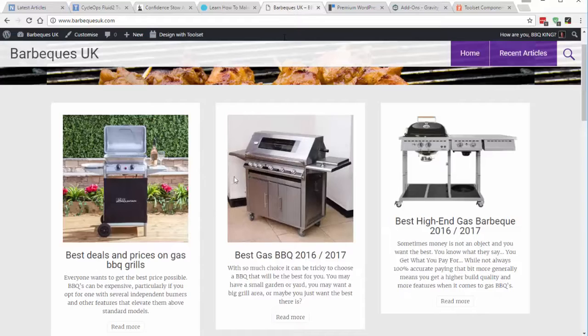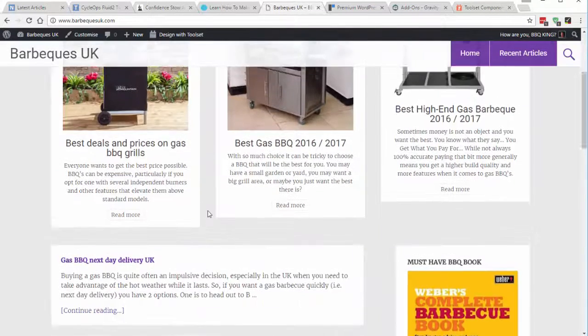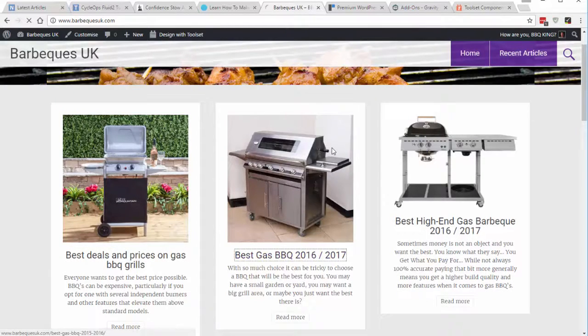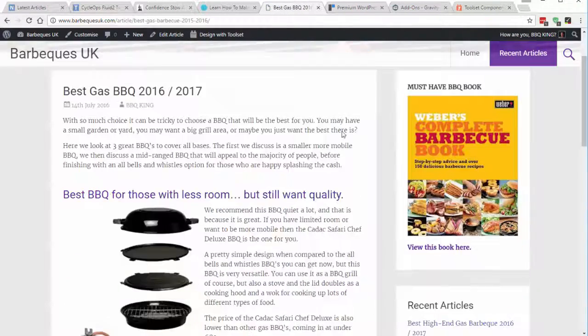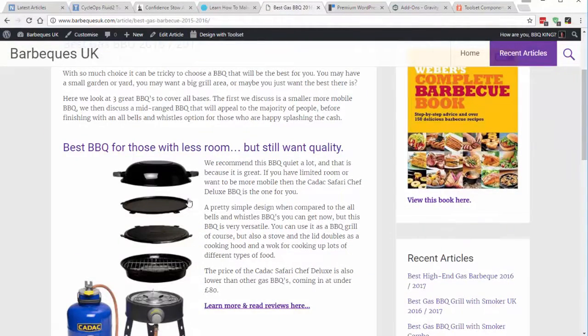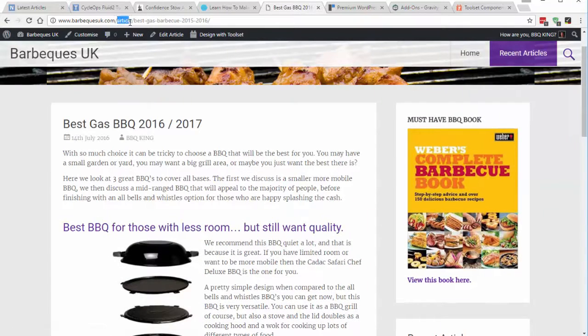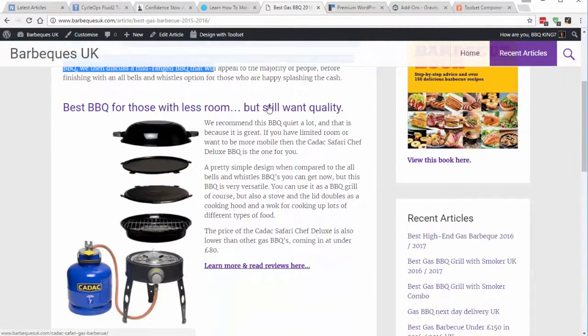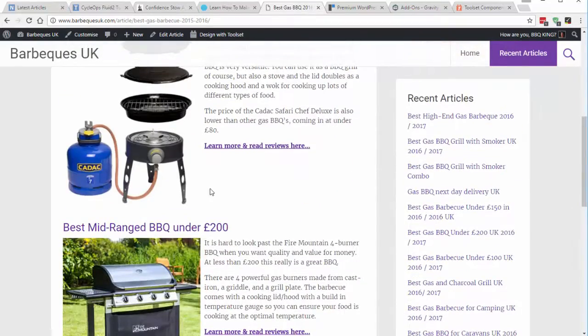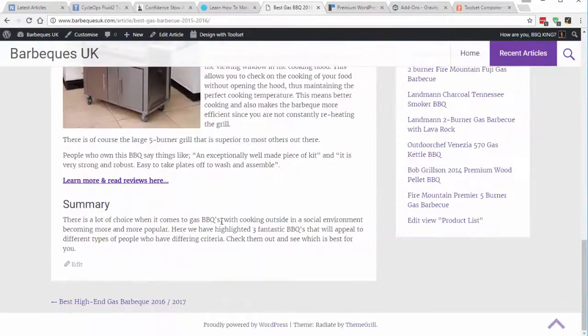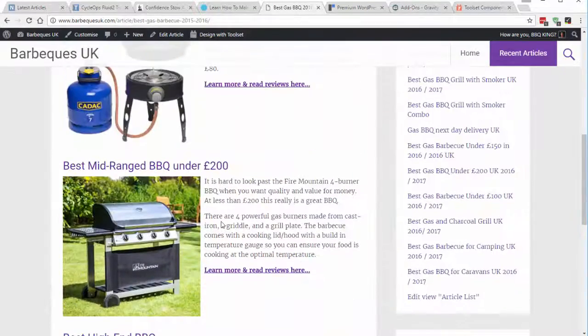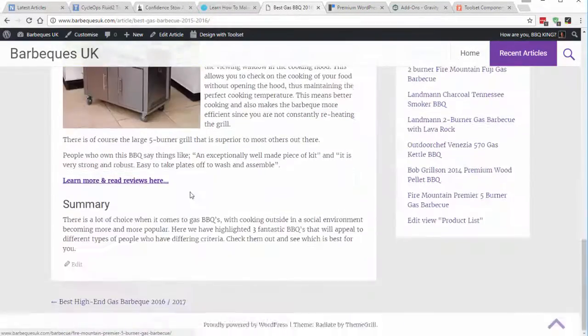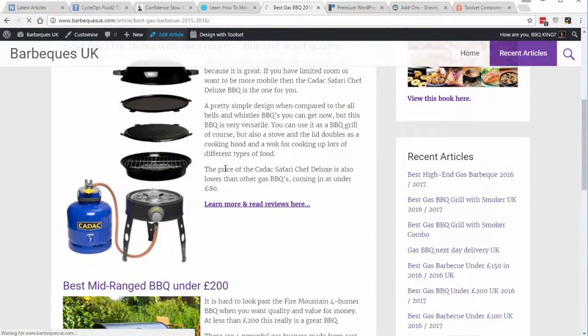And finally, on another website, just to show you another simple example, it's about gas barbecues. So if we click on this barbecue, this simple layout here, this is a special article custom post type. So if you look at the URL, this is article. So it's laid out in a way, I say show the title, a little introduction, then show a link to a product image that links, and then also some text and another link for different products. That's all specified in advance using a custom post type, and I just fill out the fields and it automatically generates this layout. So again, if I edit this article to have a look at the back end,